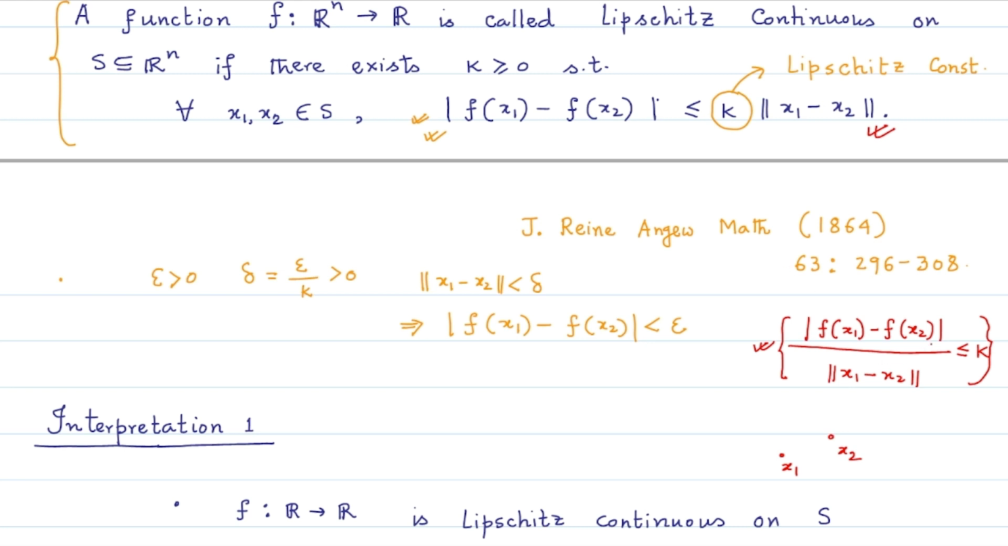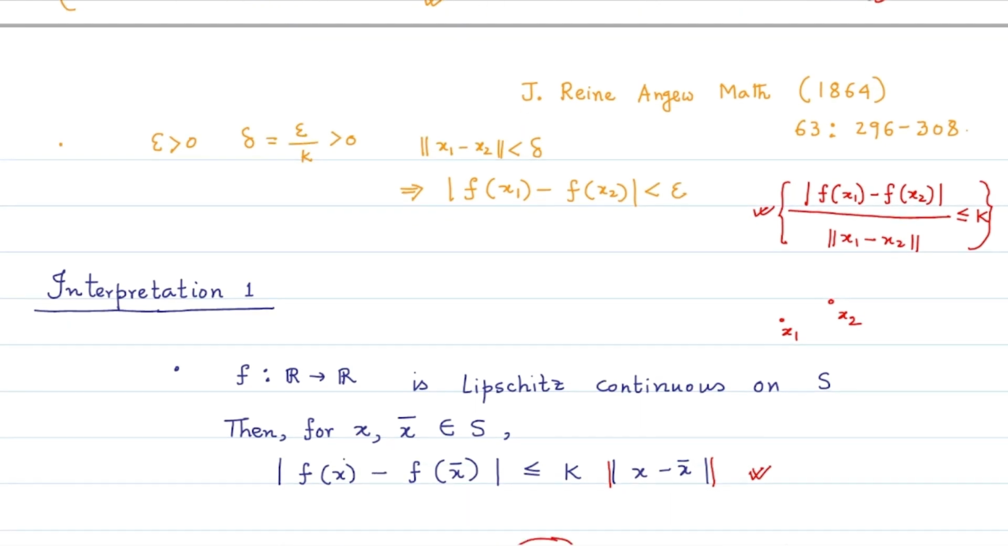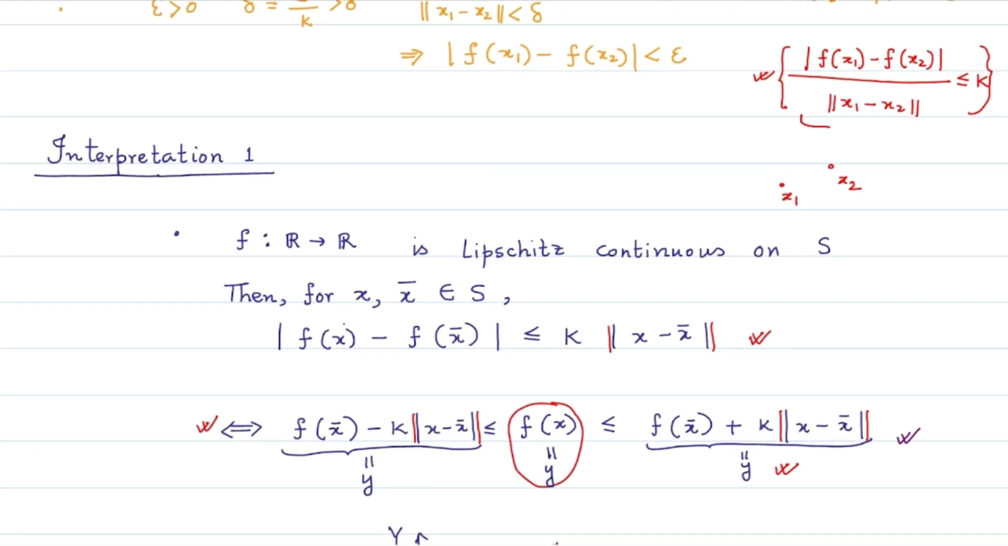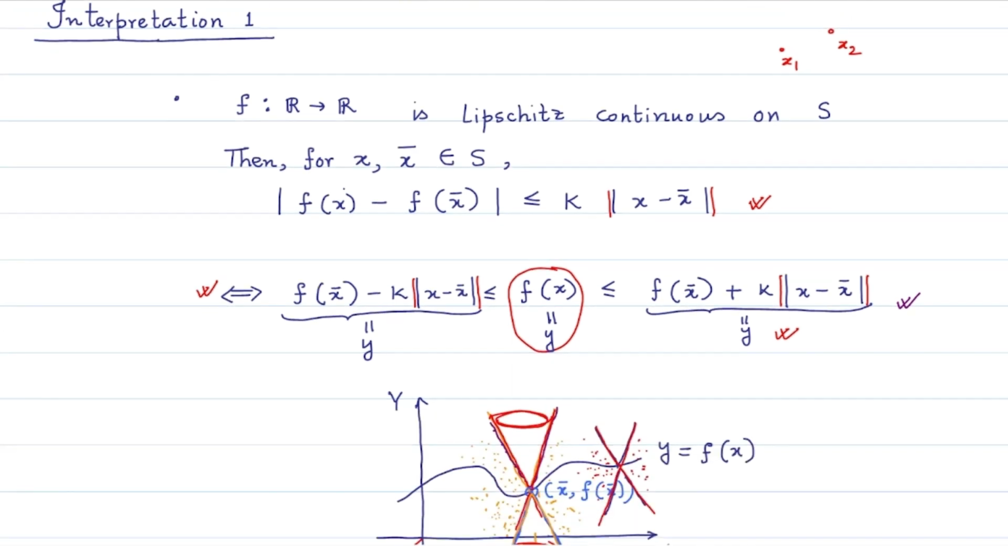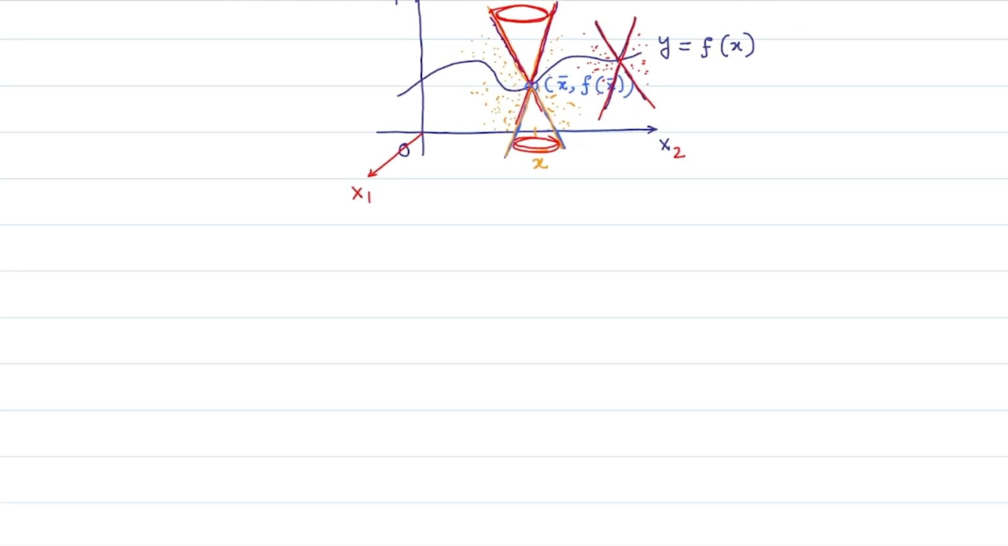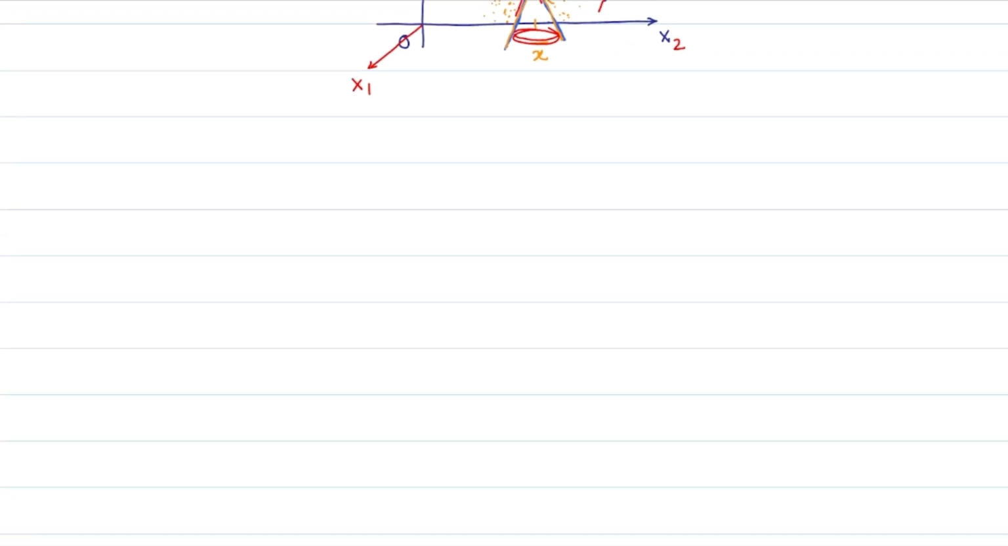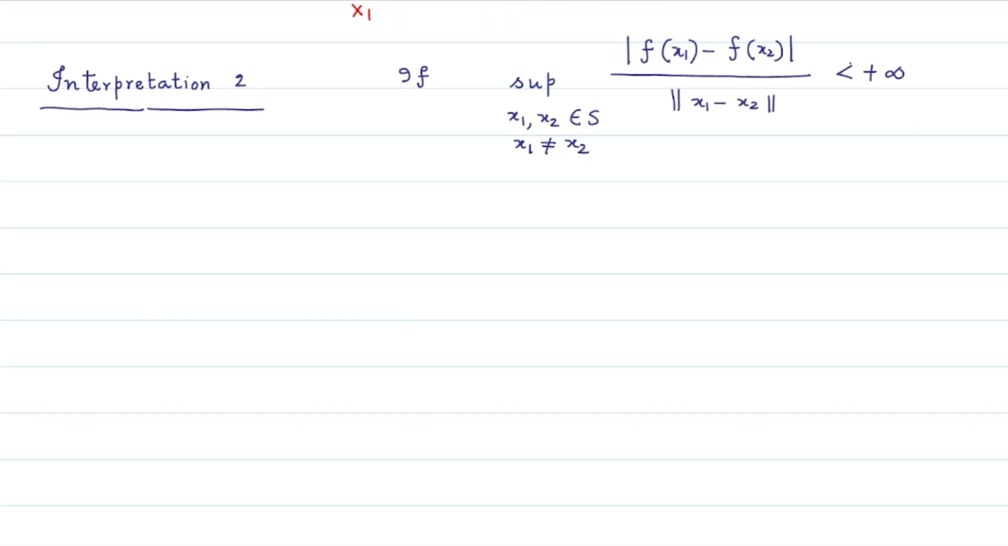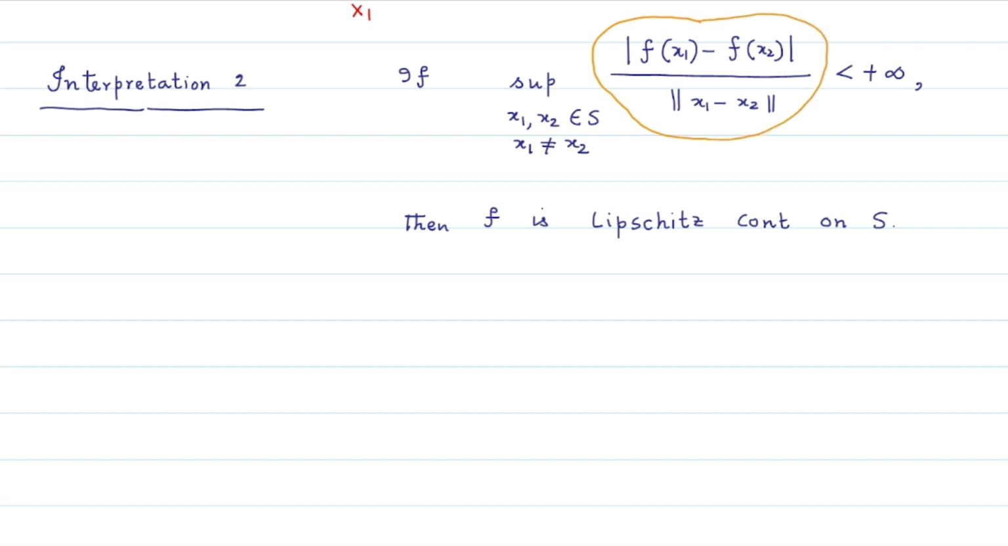In order to check whether this average value change of the function f is bounded or not, we go for calculating the maximum value, or the supremum value, of this left hand side expression on the given set capital S and check if the supremum is finite and a definite quantity. Then the function f is Lipschitz continuous on the set capital S. We also interestingly see that for a function of one variable, this expression gives us the absolute